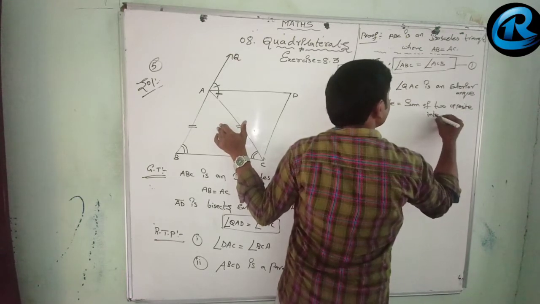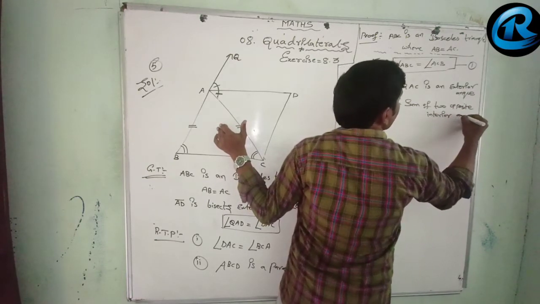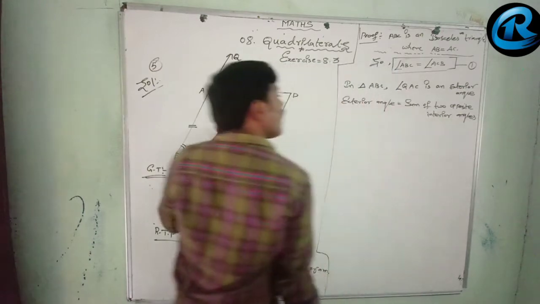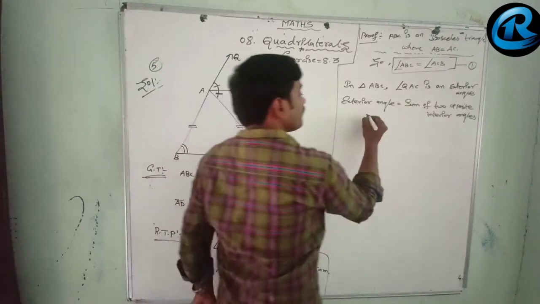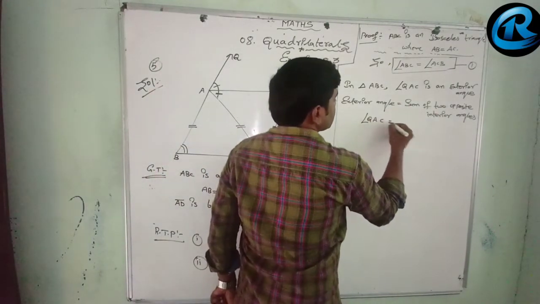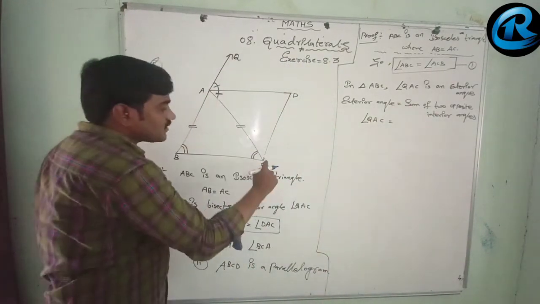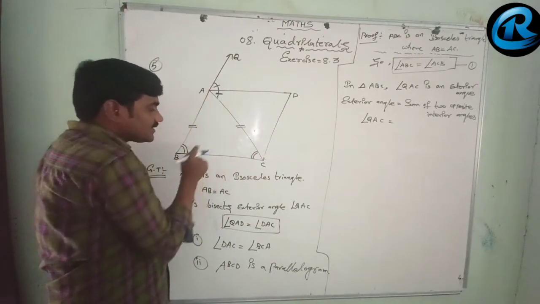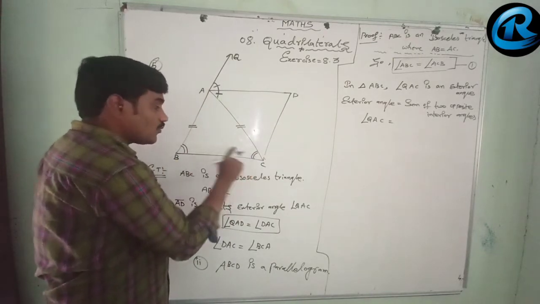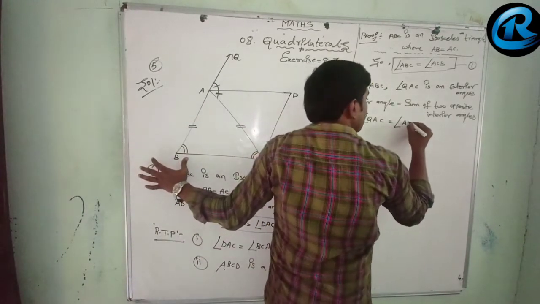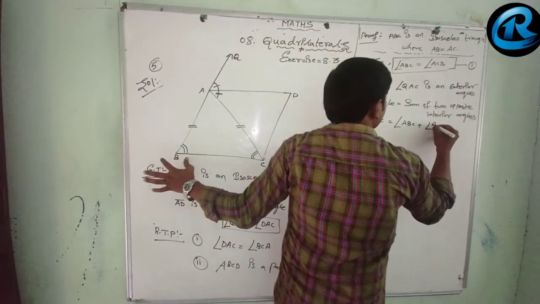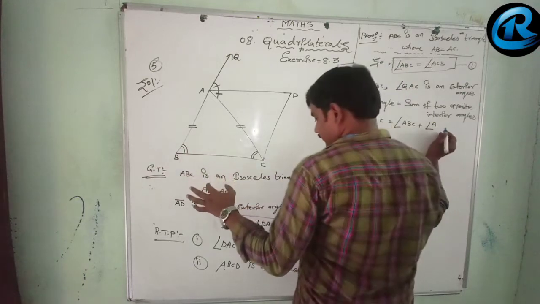Angle QAC is equal to these two interior angles. So angle ABC plus angle